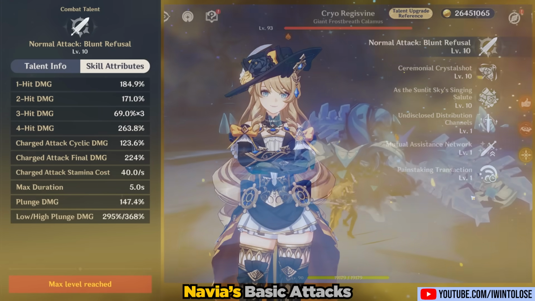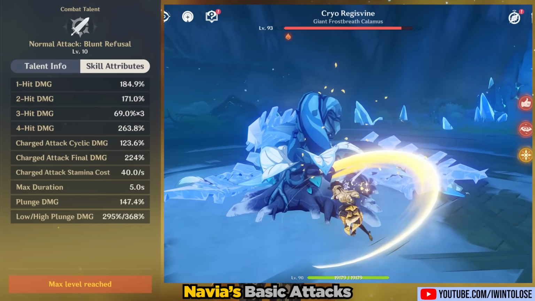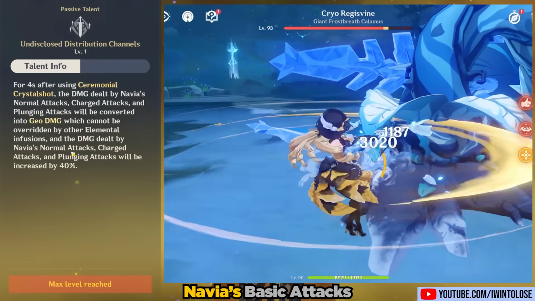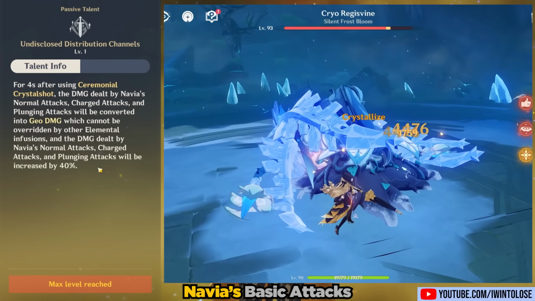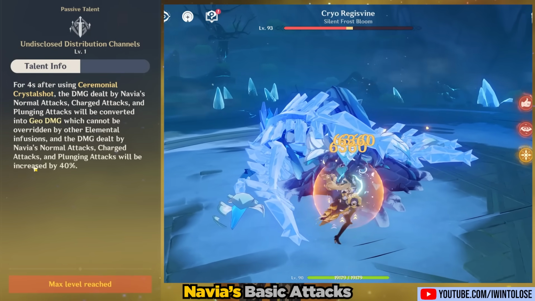Starting off with her basic attacks. So her basic attacks do physical damage by default, but thanks to her passive one right here, we are able to infuse her with Geo damage for 4 seconds after using her elemental skill. Now, very importantly, this infusion will also provide her 40% additional bonus damage to her normal attacks, charge attacks, and